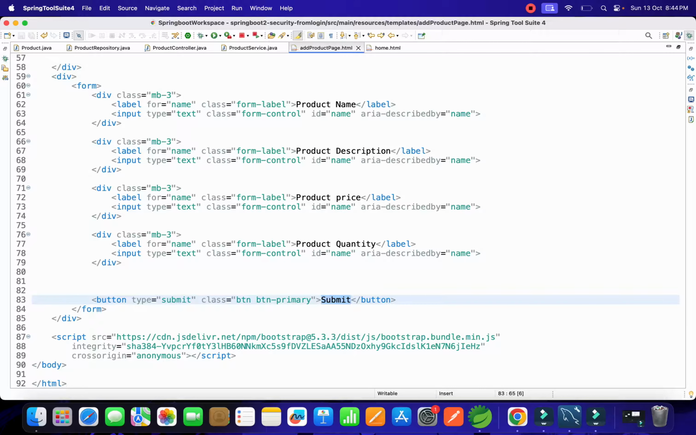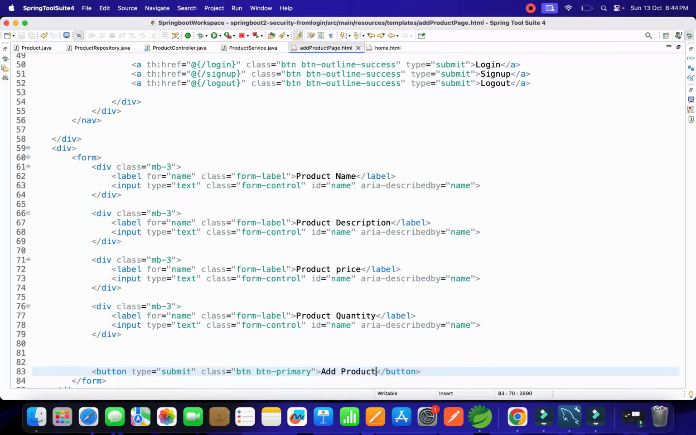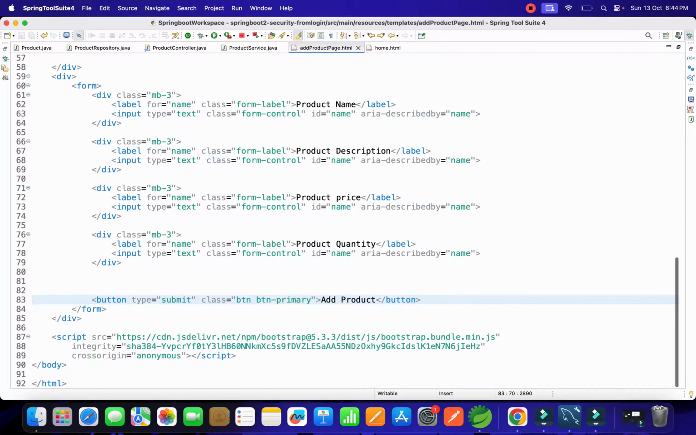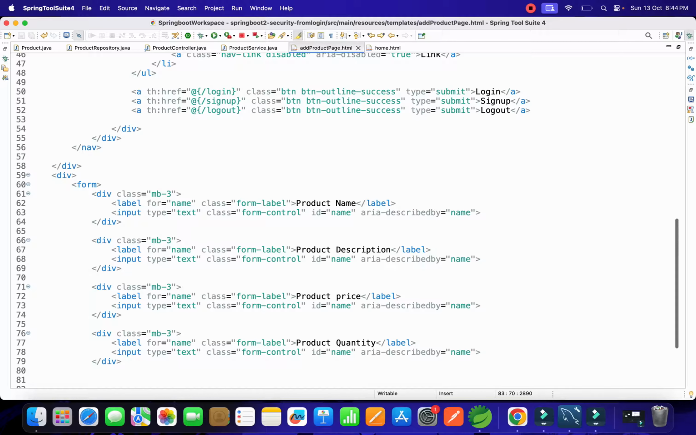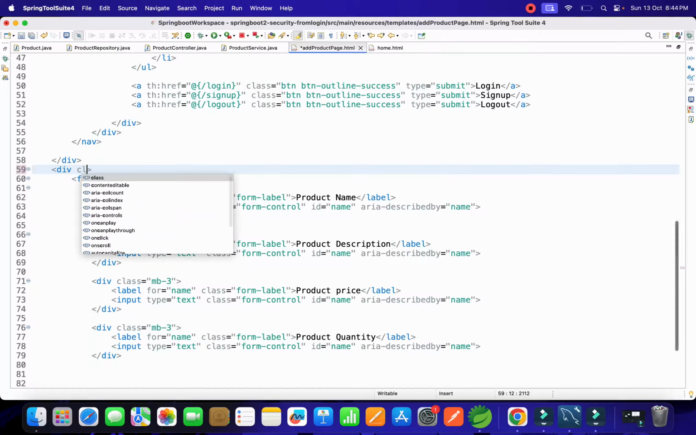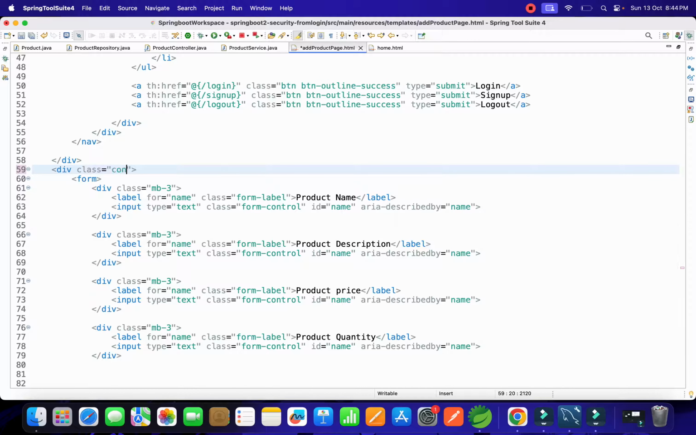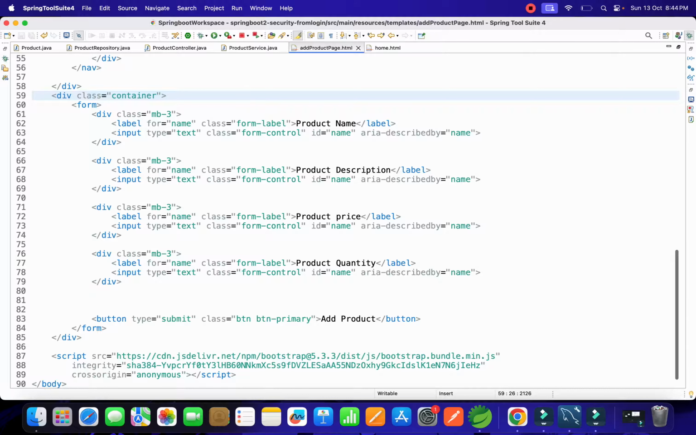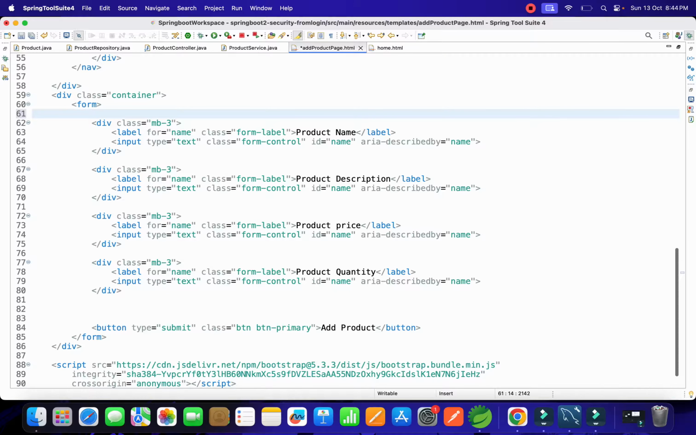So name, description, price, quantity, that is good enough to represent the forms. And finally we have an add button, add product. So through that we can add those products basically into the database. After that we can do all those things. Okay, and this is nothing but one container. So class containers. Okay, remaining things we can design, otherwise we can go inside the forms and we can write here